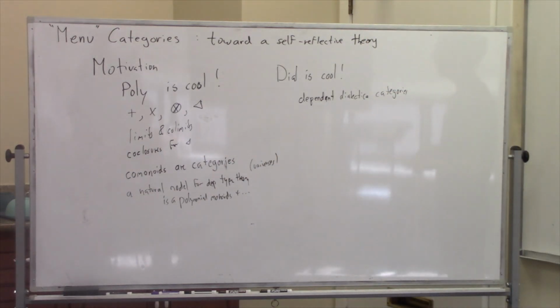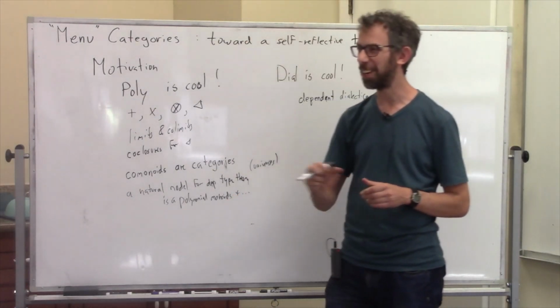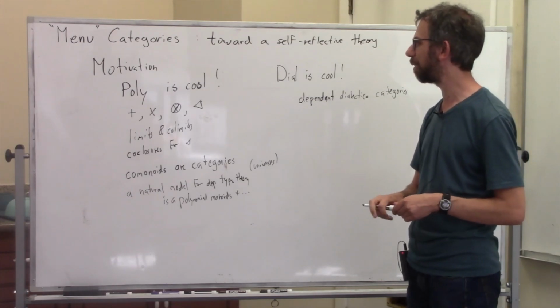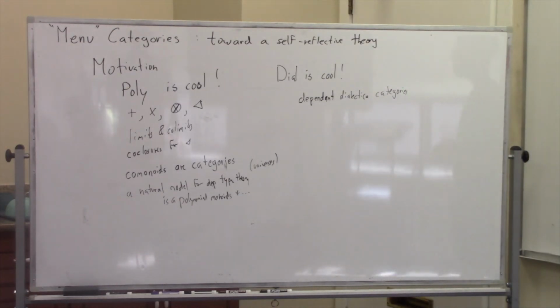Dana, do you have a question? Why did you call your abstract announcing this talk agenda and then menu? Well, I was calling it agenda, and then I talked to Josh, and he says, well, agendas are things where you have to do all of them, and I don't see why you have to do all of them. I think it's more like a menu, and I eventually agreed. So now I think they're called menu categories, but later they'll be called something else. So the agenda changed.